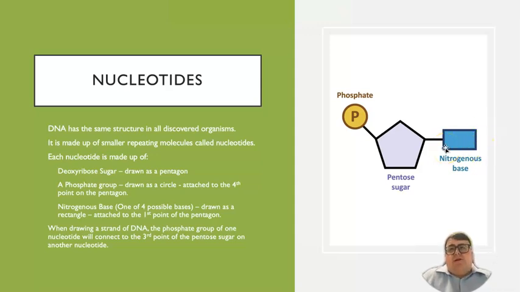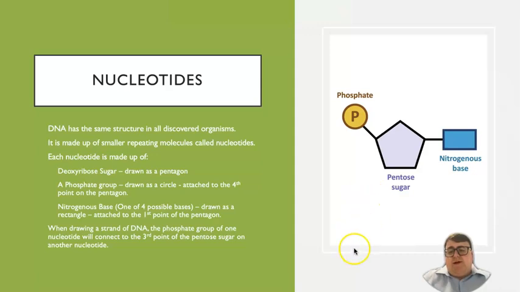Now, those nitrogenous bases are usually one of 4 bases. So it could be adenine, thymine, guanine, or cytosine. But we just call them nitrogenous bases, and then all nucleotides have those same 3 components. This is one nucleotide. If we were going to combine multiple nucleotides of DNA together to make a strand of DNA or a molecule of DNA, then you would attach this phosphate group here to another pentose sugar, and that phosphate would connect to the 3rd point on the pentose sugar, so 1, 2, 3,